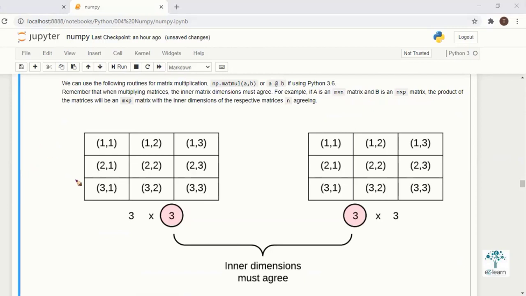Inner dimension in the sense that we have an m cross n matrix, and the second matrix has n cross some other value p. This inner dimension must agree, should be the same. So the end result after multiplying should be m cross p.